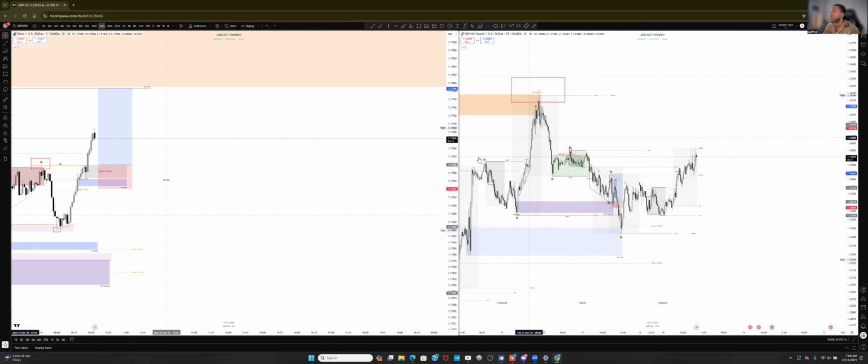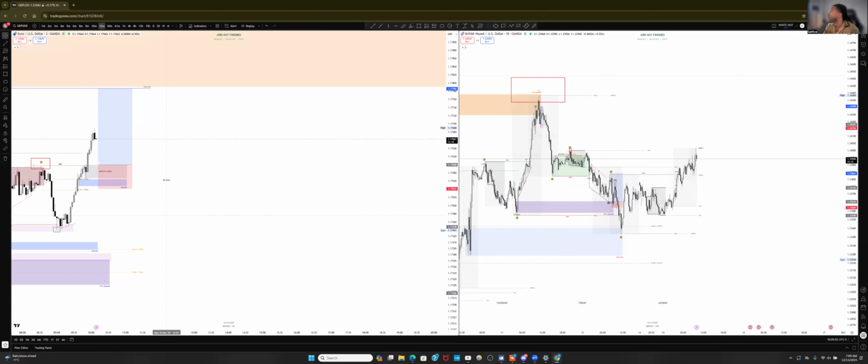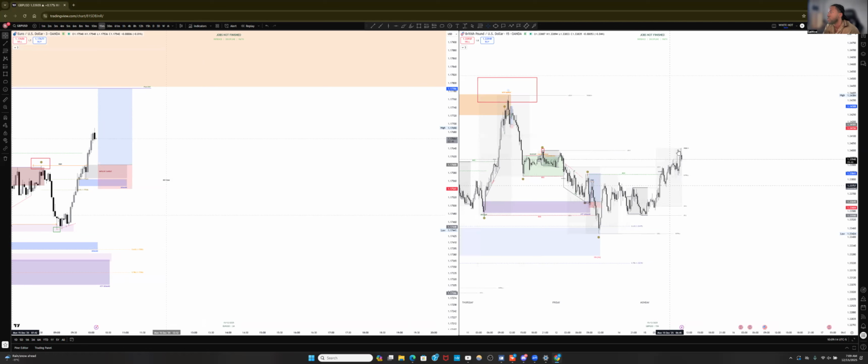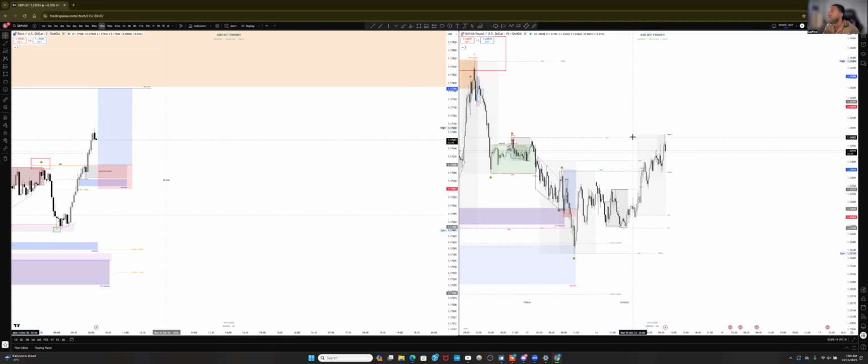Okay, so GU structure was a bit off. Broke structure to the upside here. So this was a bullish US for GU. Okay. Let's mute this channel for the next hour. So GU broke structure here, retrace, induce, pushed out. So perhaps GU can do the same as EU because it's simply induced this Asia high.